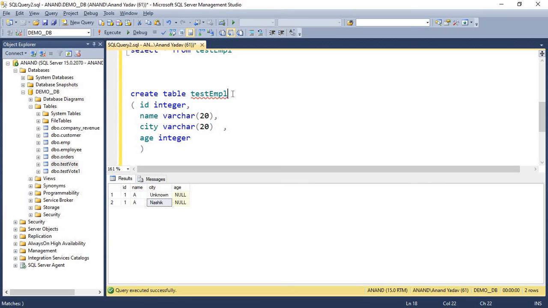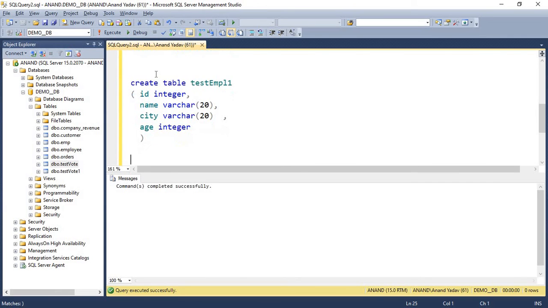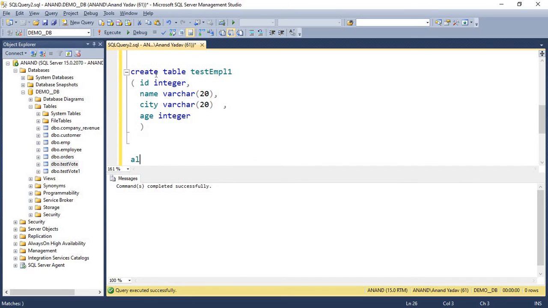So I will just create a new table, and this table does not have any default value. Let me just add the default value, and then we'll verify this default constraint with the insert query.